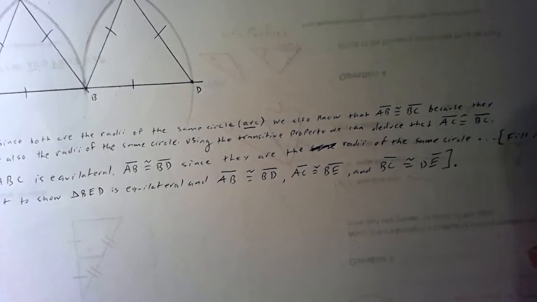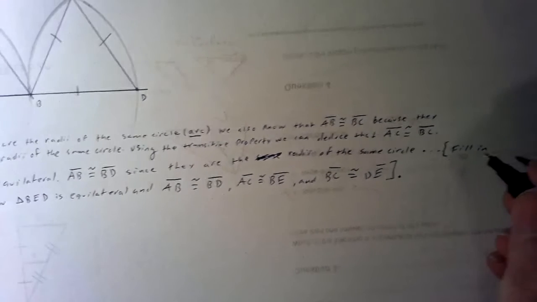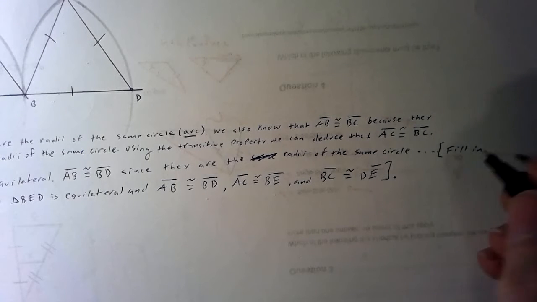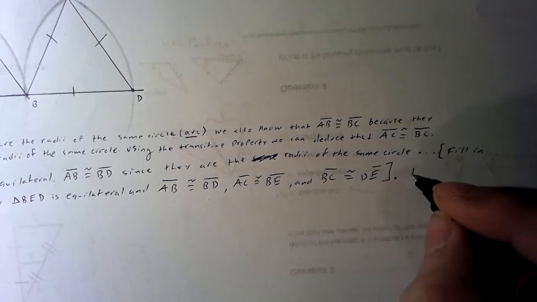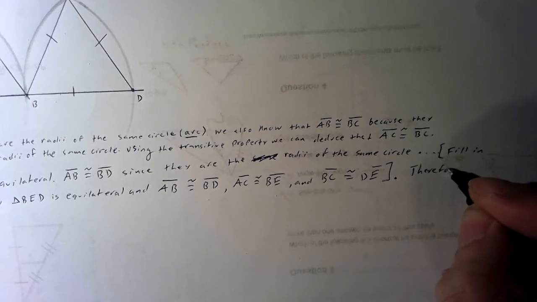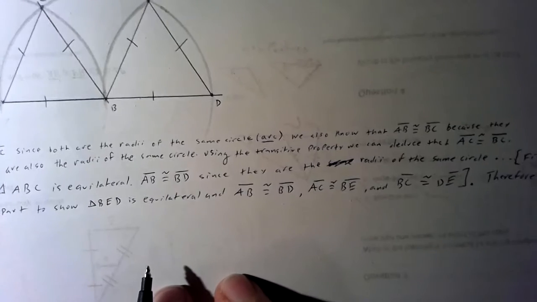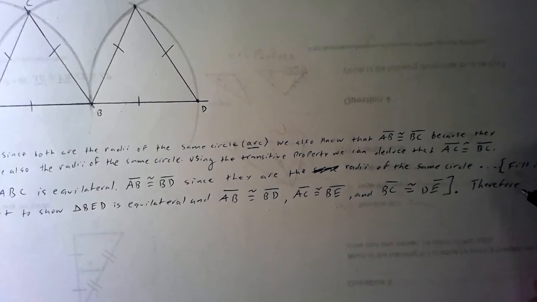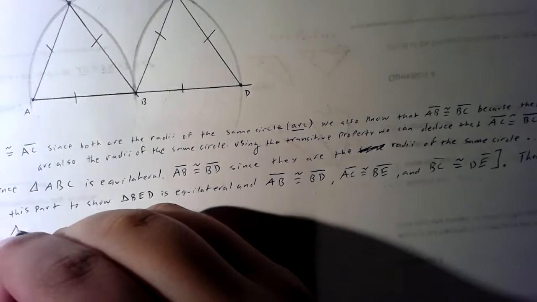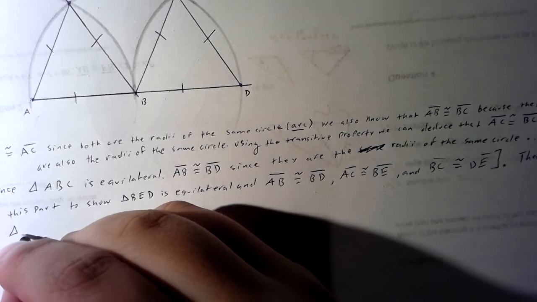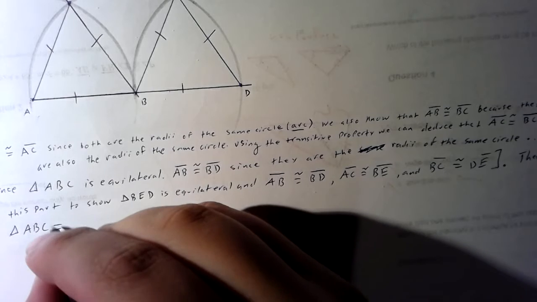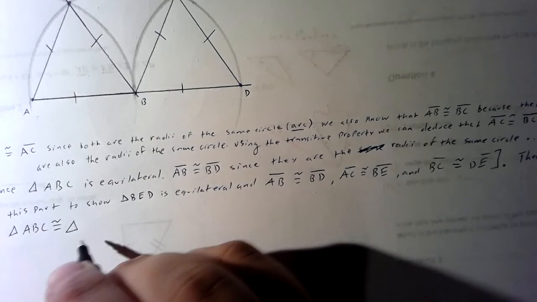And then the last part of the proof, basically the punchline here, is we say, therefore, or let's write it, yeah, we can write it like that. Therefore, triangle ABC is congruent to triangle BDE,